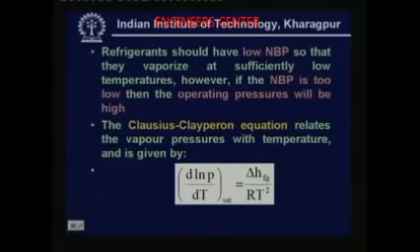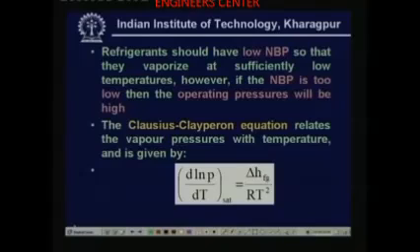in a refrigeration system. And the Clausius-Clapeyron equation relates the vapor pressures with temperatures. You must have studied this in your thermodynamics, the Clausius-Clapeyron equation. This is given by